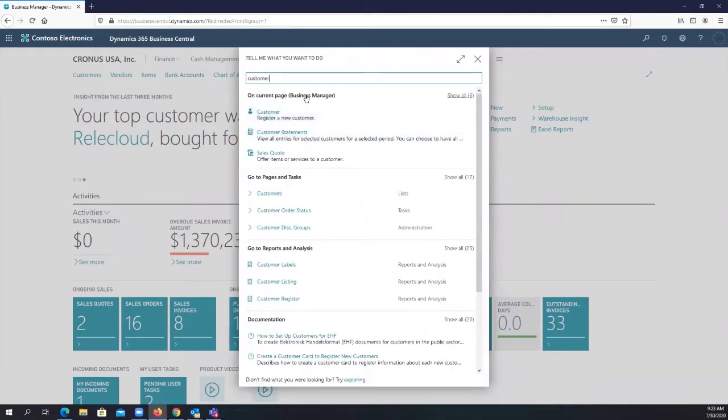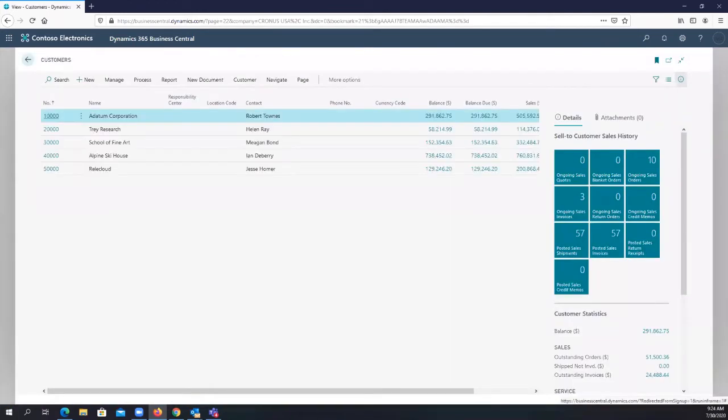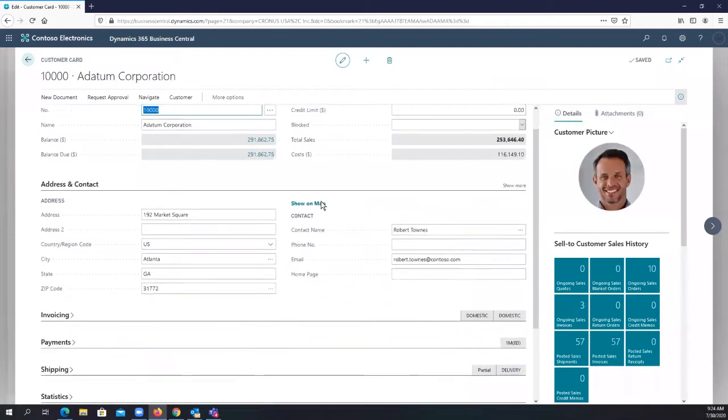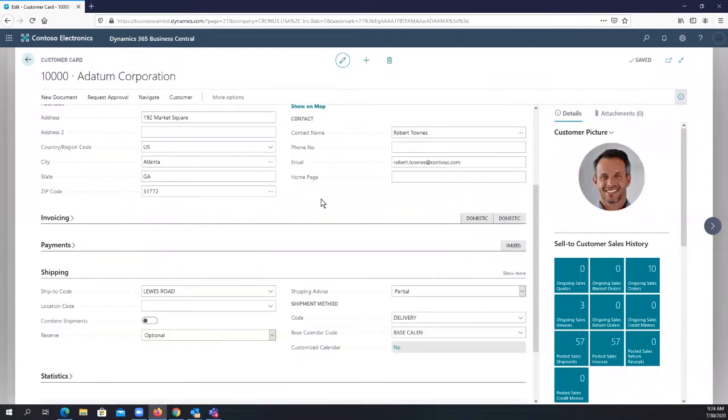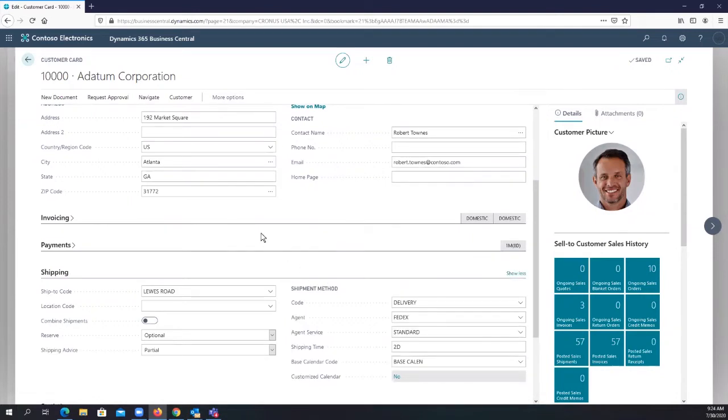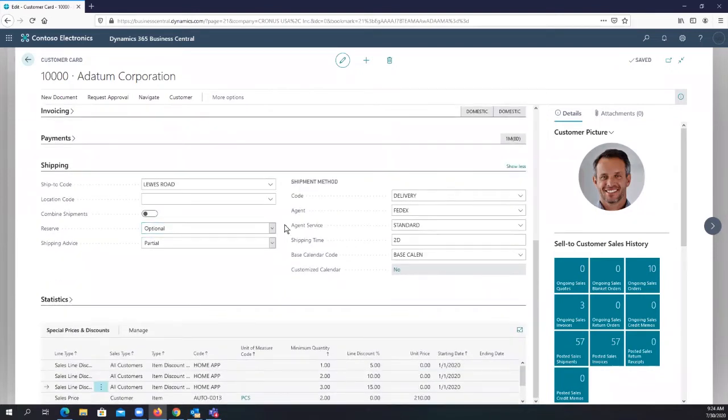Let me open the customers. Good. On the customer card, I have the shipping time to add how many days it takes for me to deliver something from my warehouse to the actual customer facilities, okay? Let me review. For this, it's very important that you at least have a default process of delivery, okay? So first of all,